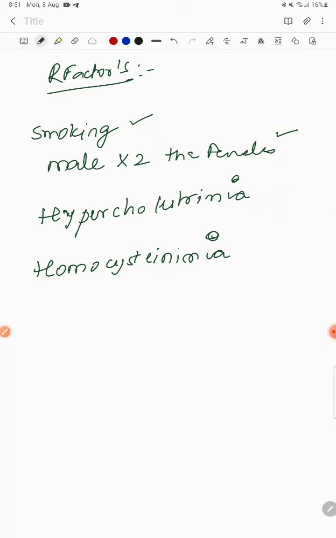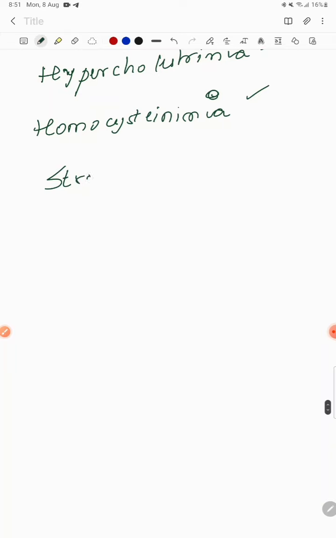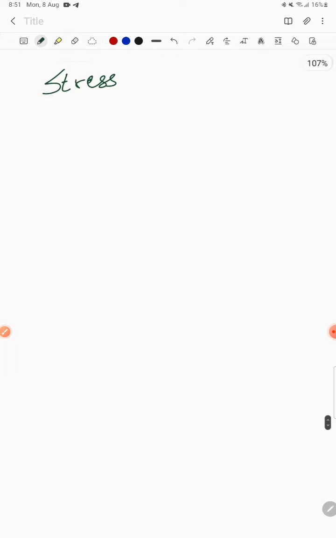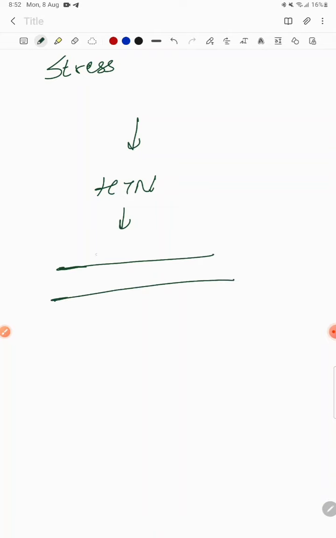Okay, if you have more cholesterol in your blood, or more homocysteine in the blood. Okay, and another important factor these days is stress. These are the risk factors which will lead to hypertension. But what actually happens in hypertension is, due to an increase in the cholesterol, there will be deposition of the